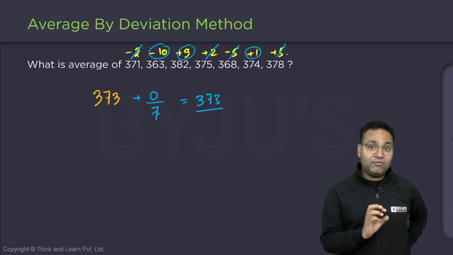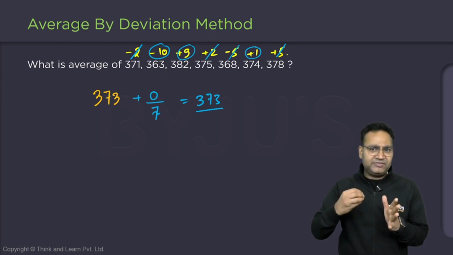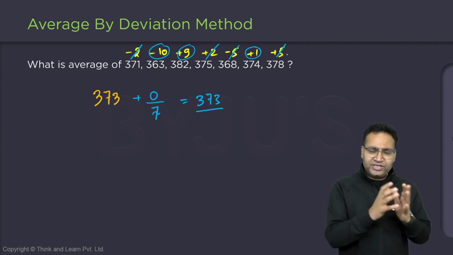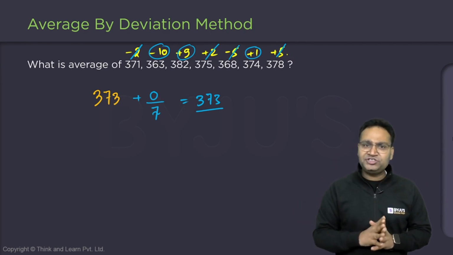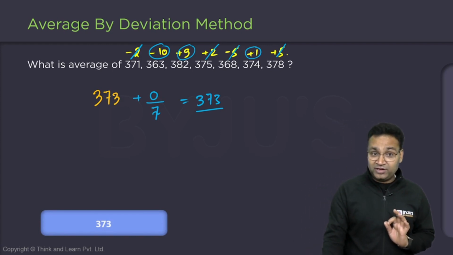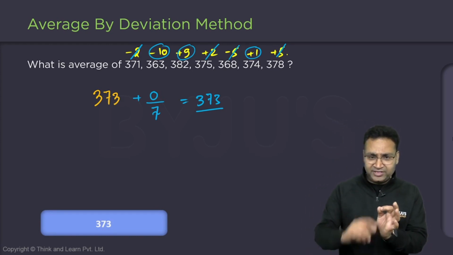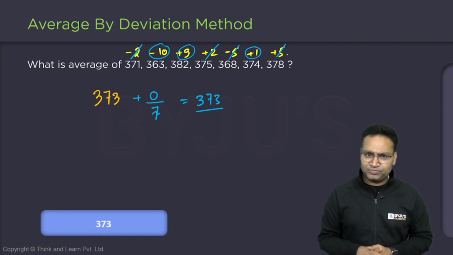So remember, whatever my assumed average is, whatever I can perceive as an average, if I take the deviation from that average and divide by the number of numbers, your answer won't change. And one important thing we have learned here: if the final average is equal to the assumed average, the total deviation should be